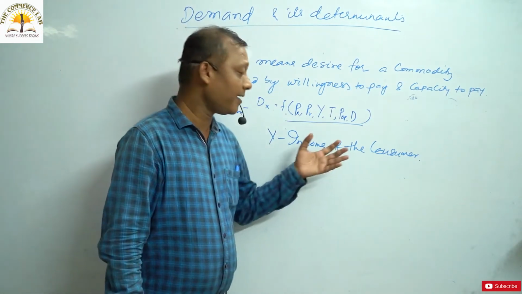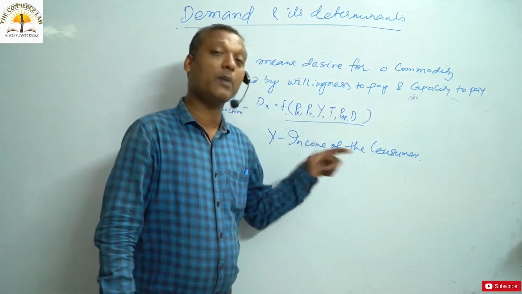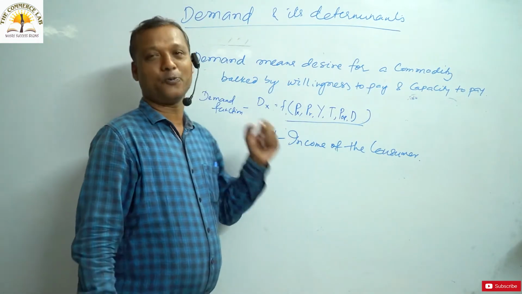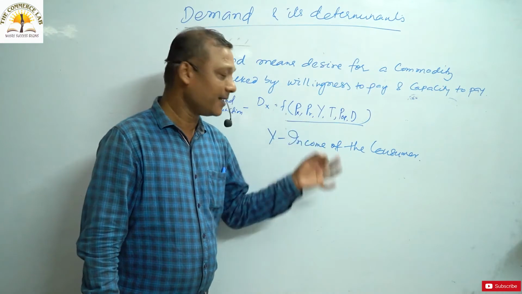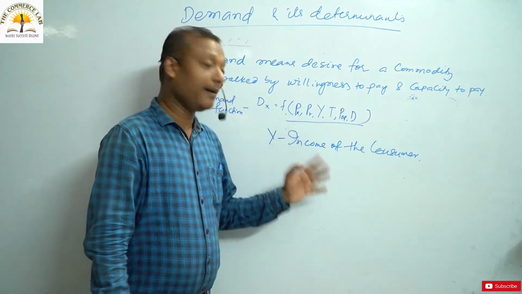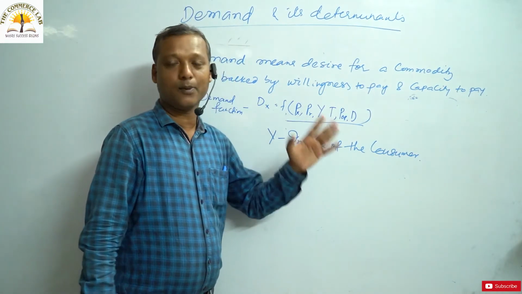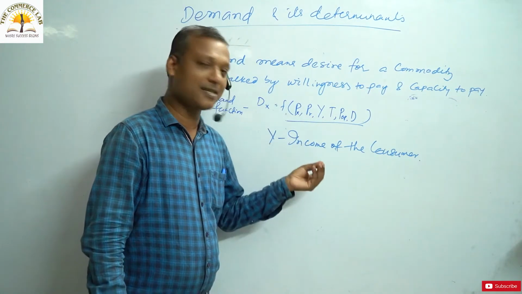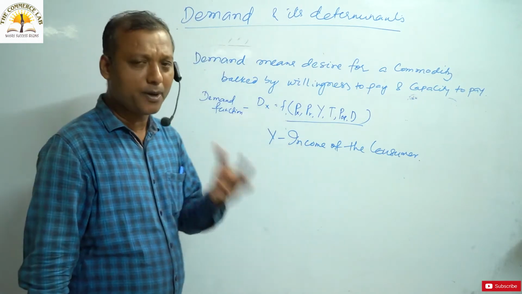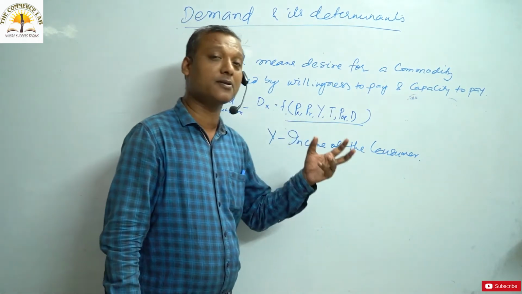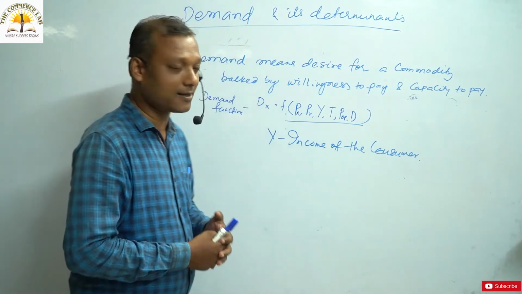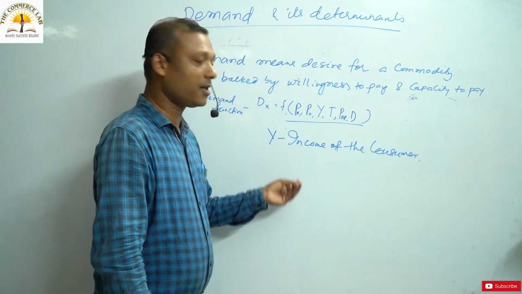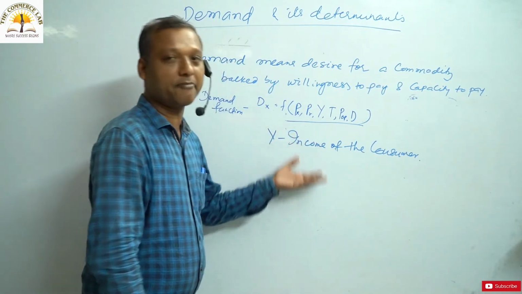Obviously, we can say when a consumer has high income, his demand will also be high. When a consumer has low income, their demand will also be low. So we can say there is a positive relationship between income of the consumer and the demand for the commodity. Persons with rich income can have more demand. Persons with low income can have less demand. It is quite natural and obvious. You can also very easily understand that individuals who possess more income, individuals who have larger income, their demand is definitely more.